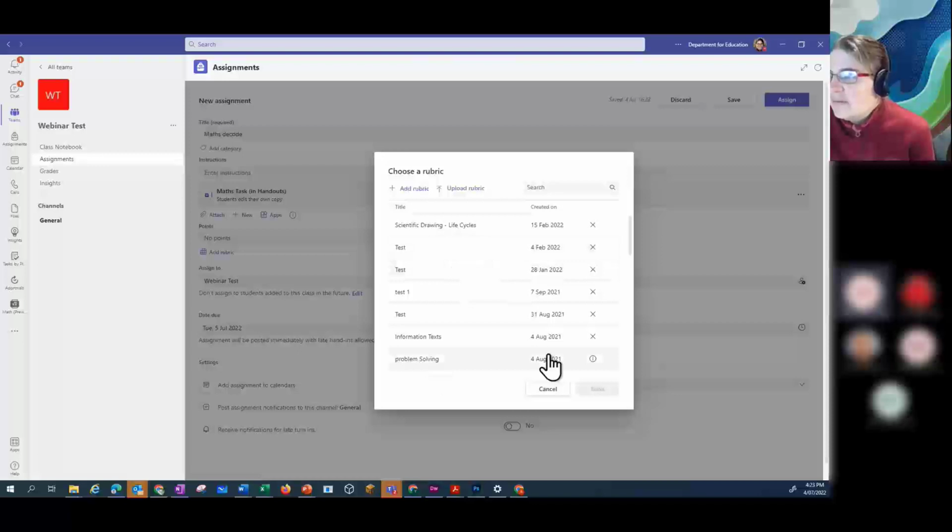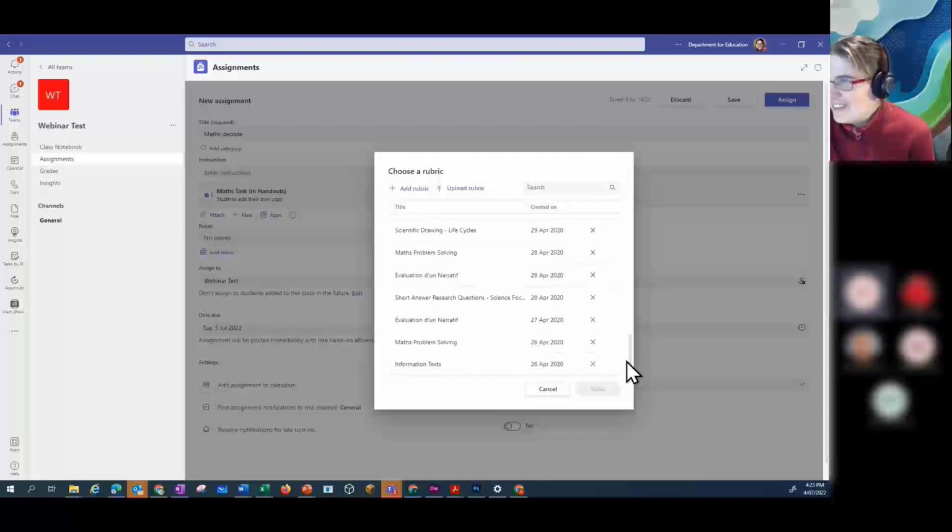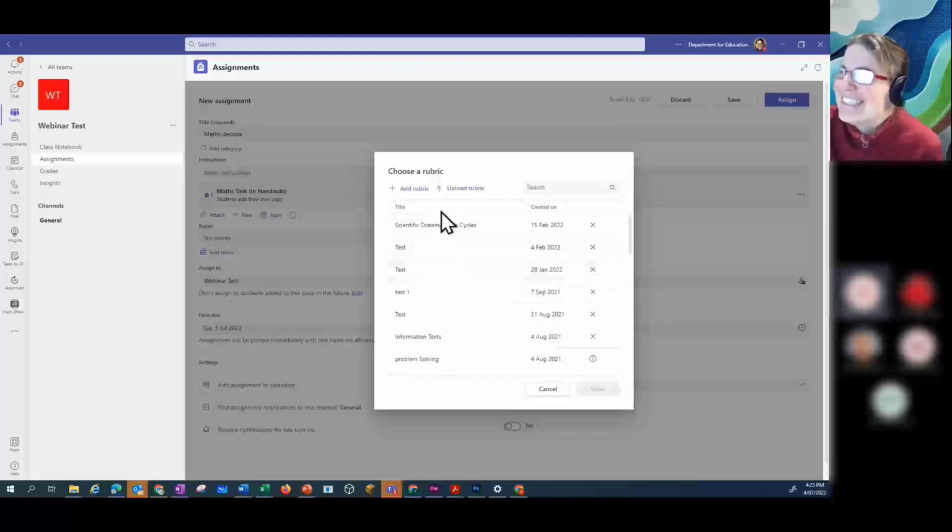If I've created rubrics before, and you can see that I have created quite a lot because I used to use Class Notebook when I was a teacher, you can pick one that you've already created. If you are sharing assignments with other teachers, you can also download a rubric and then upload it as well. So if you were giving the students all the same assignment, I can't access other teachers' rubrics through Teams, but I can upload the rubric. But we're just going to go add rubric,